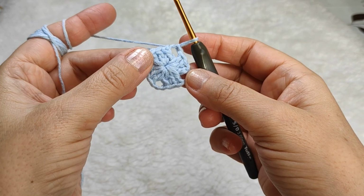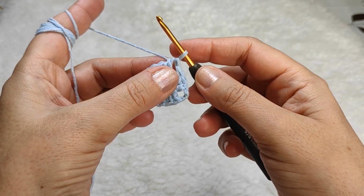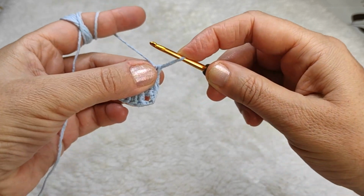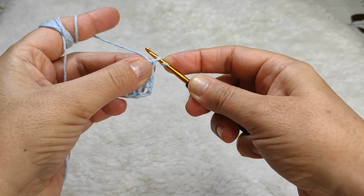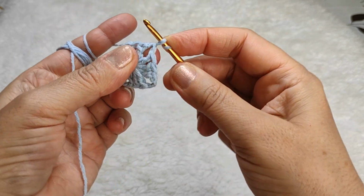Now we are on the round 2. How we are going to start round 2? Normally we make 2 chains in normal starting, but we are not doing this. I am making a long loop like this. I am keeping this with my finger tightly, turning. You see it looks as if there are 2 loops over the hook, and I am inserting my hook here